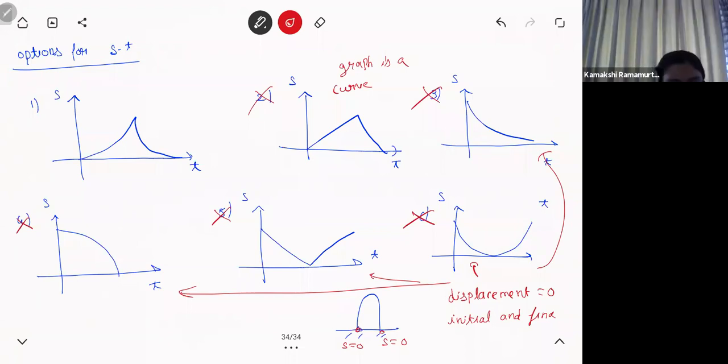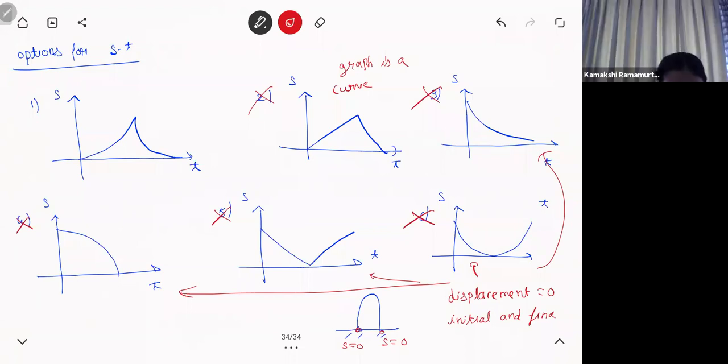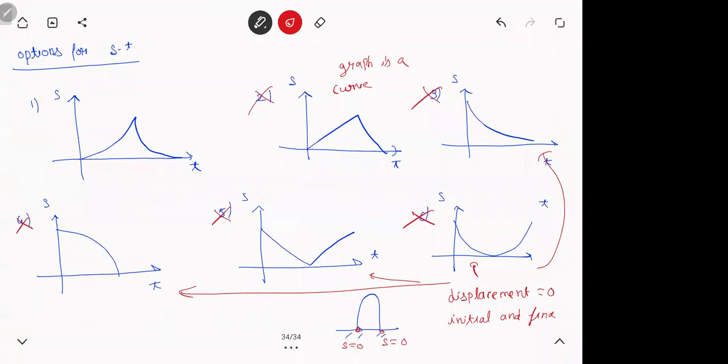From 0 to h max displacement, the acceleration has to be constant, but the acceleration is not constant. But your ST graph, how do you know acceleration is changing, not constant? This is not VT graph, right? XT graph, right? Displacement time graph. So how do you know acceleration is changing? Here what will the slope be? Velocity, no?